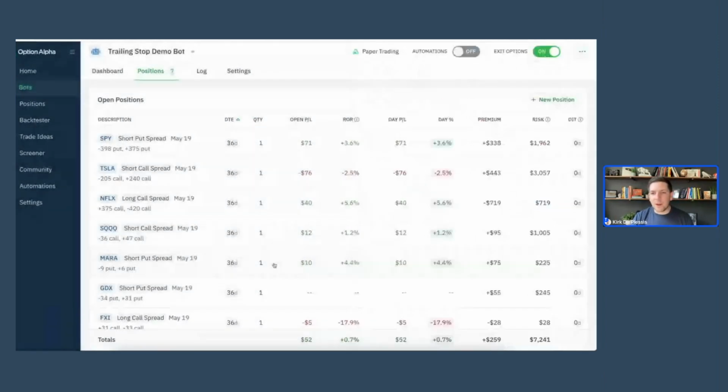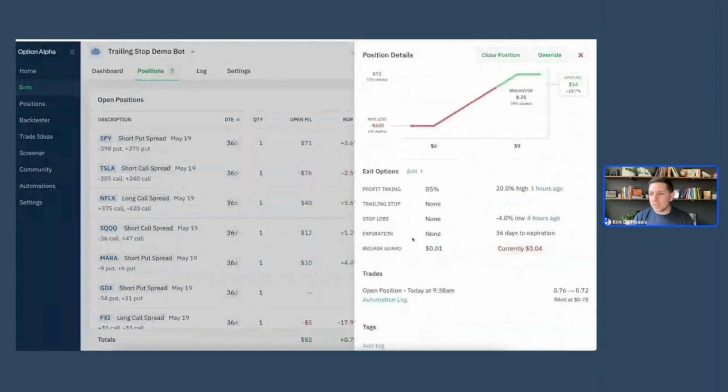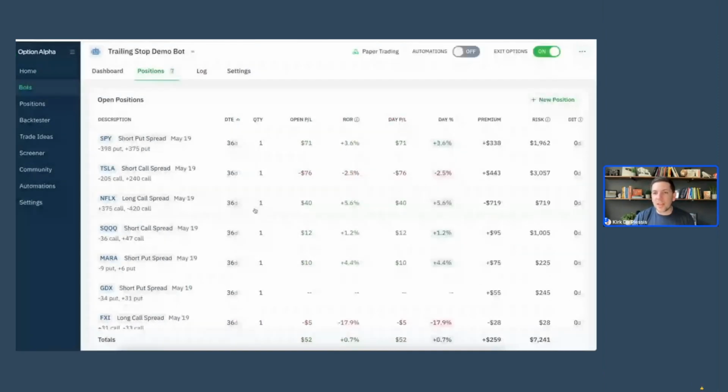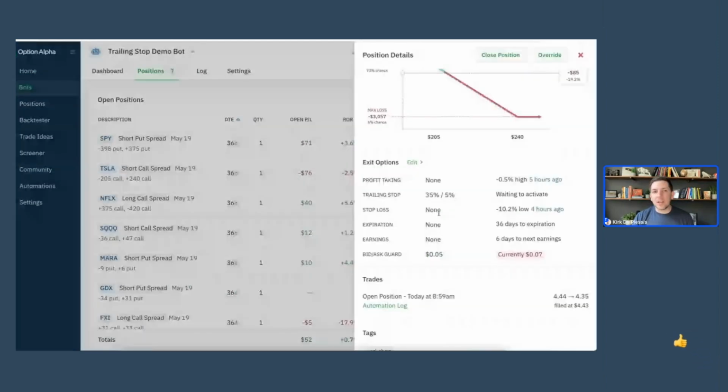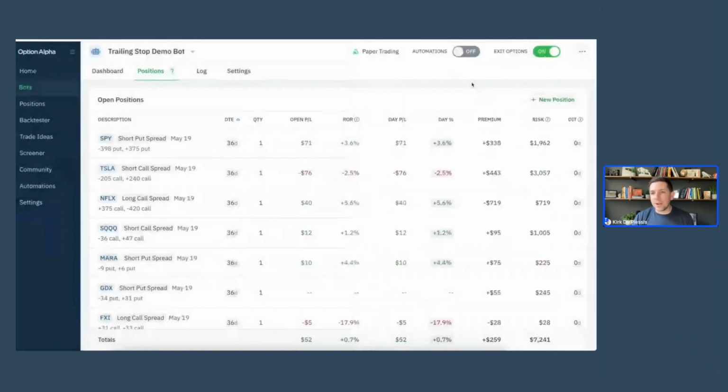I don't know what this one is, Marathon. Yep, you could set it really low. Currently it's at 4. So that's how they kind of work. Okay, that's on the bid-ask spread guard. That's for tracking purposes. So let's do one other thing that you can do inside of your exit options,